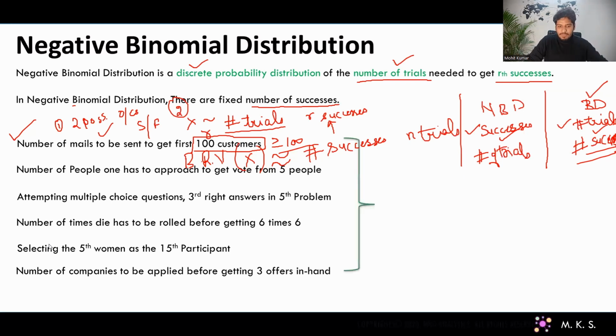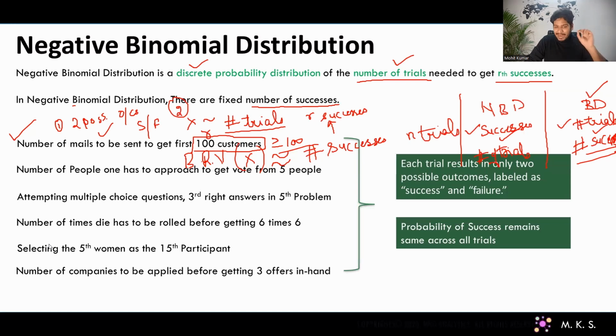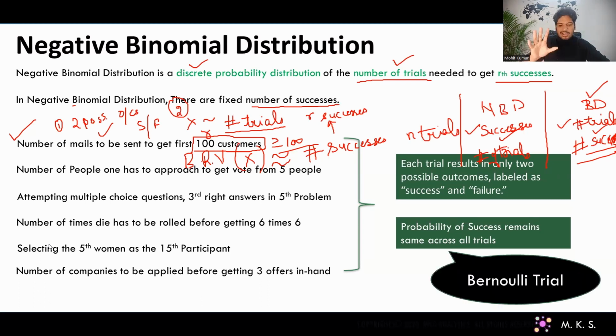right? Okay. So for a Bernoulli trial, as I already mentioned, there are 2 conditions for every trial to be considered a Bernoulli trial. First condition is there should be only 2 possible outcomes, success and failure. Second is the probability of success should remain constant throughout all the trials. And that was happening in all these examples we discussed, right? We call them Bernoulli trials. Okay. I hope this definition is clear.